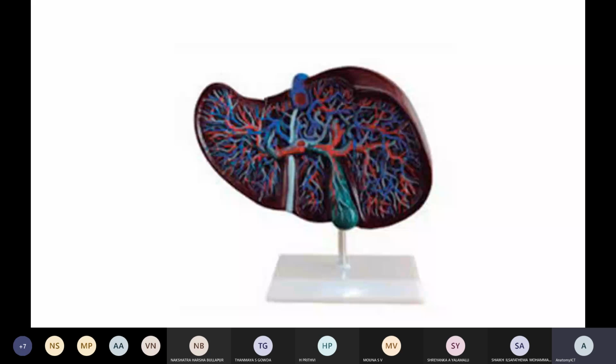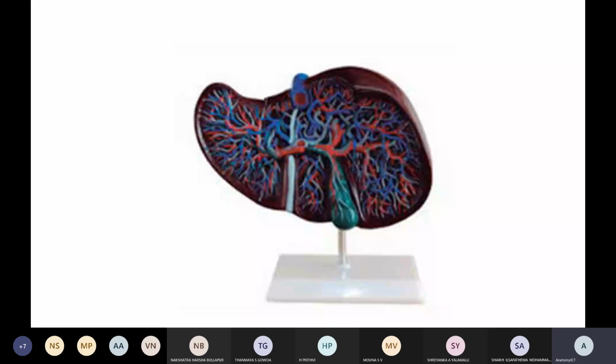Vagus is the parasympathetic, whereas the sympathetic innervation to the liver is by postganglionic fibers of the celiac trunk. That is the celiac plexus we used to call. As far as lymphatic drainage is concerned, the upper surface of the liver drains mainly into the posterior mediastinal lymph nodes, whereas the lower segment of the liver is drained by the hepatic nodes and the colic nodes, which drain directly, as far as lymphatic drainage of the liver is concerned.